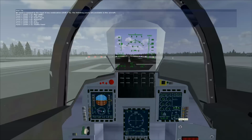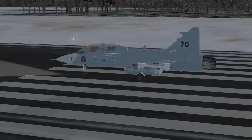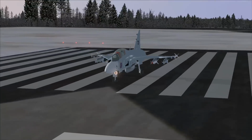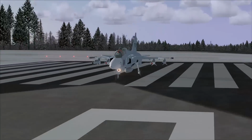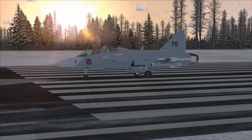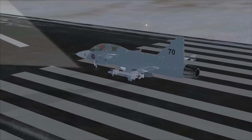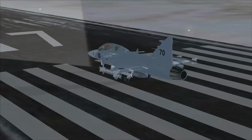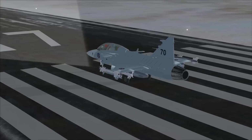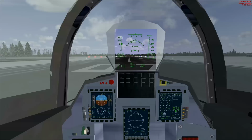Cool beans. So there's our plane. It does seem to have a light on, even though I've turned all the lights off. See, it has a light on, for reasons we don't really understand here. Oh well. Do we have flaps? It appears we don't. I'm actually kind of surprised at that, because I kind of expected all the Saab aircraft to have flaps